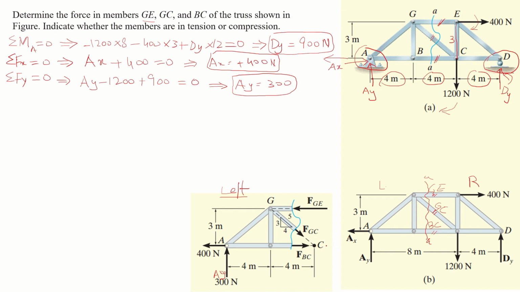These two forces which are on the right side will be countered by this GE. So now we will apply the method of sections and find these three unknowns, FGE, FGC and FBC. We need to find these three unknown forces,